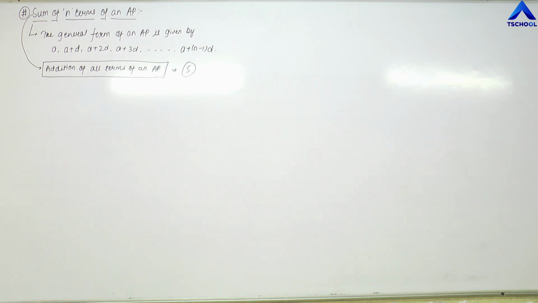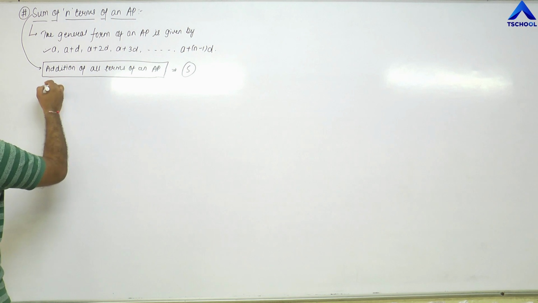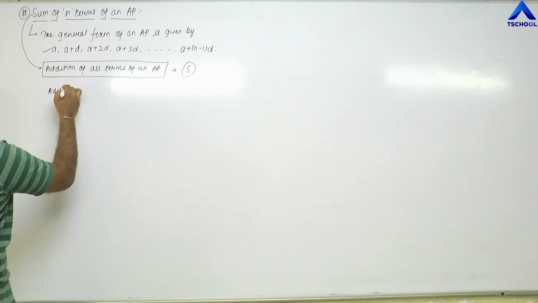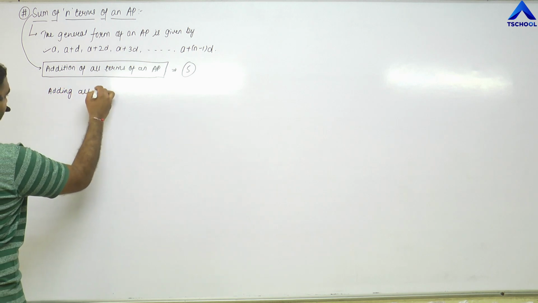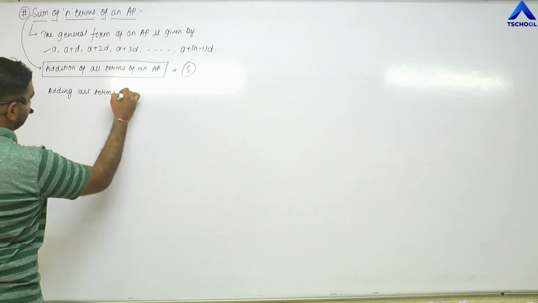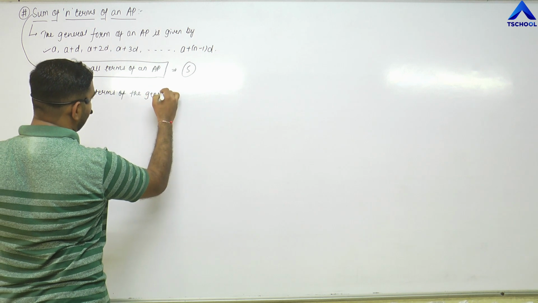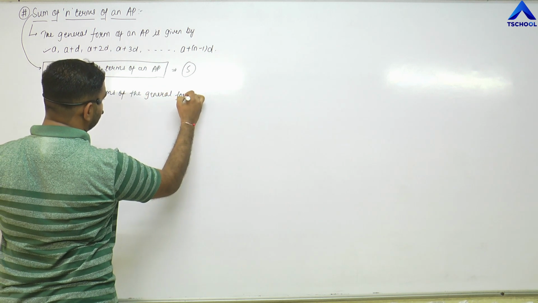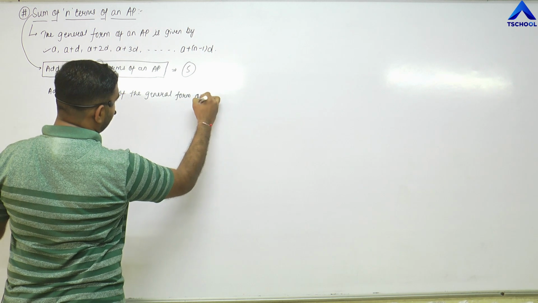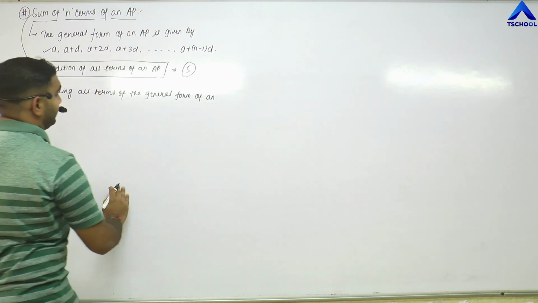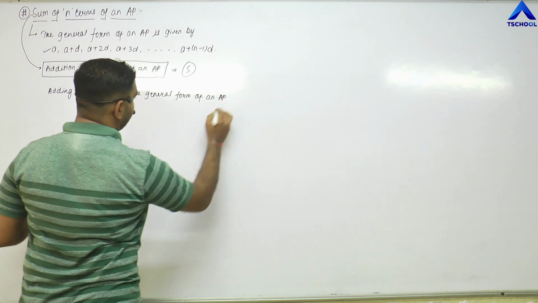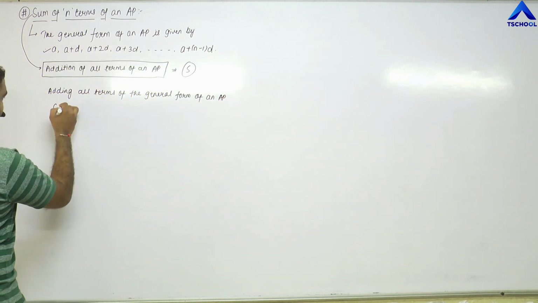It is given by the letter capital S. So in this general AP, if the terms are added, so adding all terms of the general form of an AP, we get, what do we get? S equals